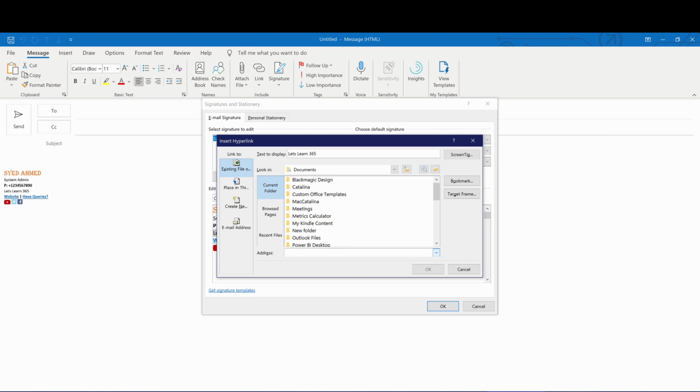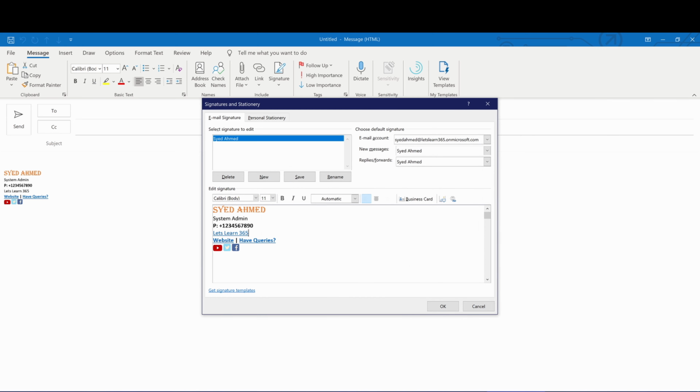I don't have a URL for my website, so I will just give domain.com and click on OK. Suppose you want to have something like "have queries", and when your clients